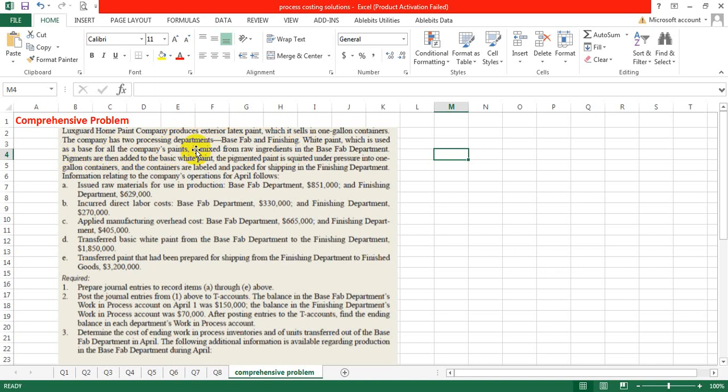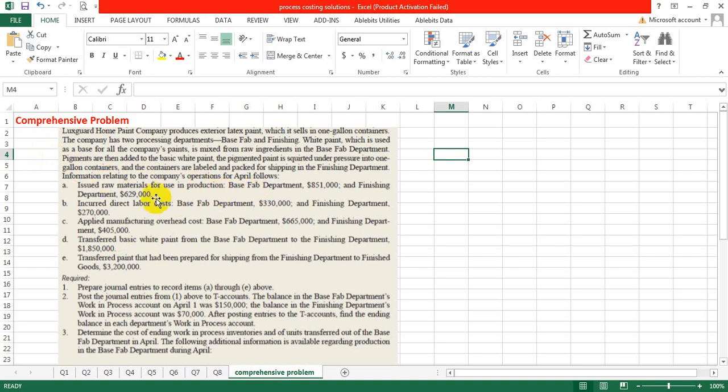So first, let's discuss. Lux Card Home Paint Company produces exterior latex paint, which it sells in 1 gallon containers. The company has two processing departments, base fab and finishing. White paint, which is used as a base for all the company's paint, is made from raw ingredients in the base fab department. Pigments are then added to the basic white paint. The pigmented paint is treated under pressure into 1 gallon containers, and the containers are labeled and packed for shipping